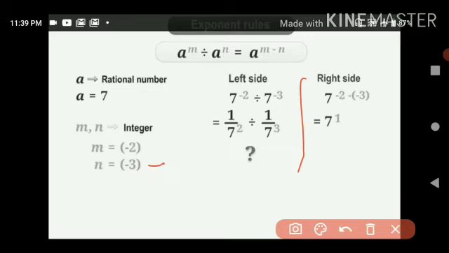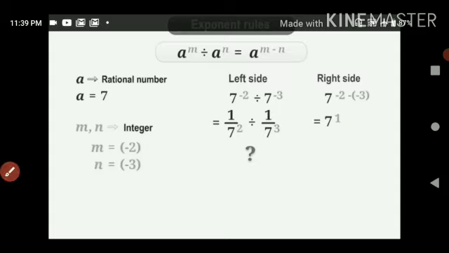So come to the point, right hand side first. 7 raised to the power minus 2 minus minus 3 can be written as 7 raised to the power minus 2 plus 3, and minus 2 plus 3 is equal to 7 raised to the power 1, and left hand side would be solved